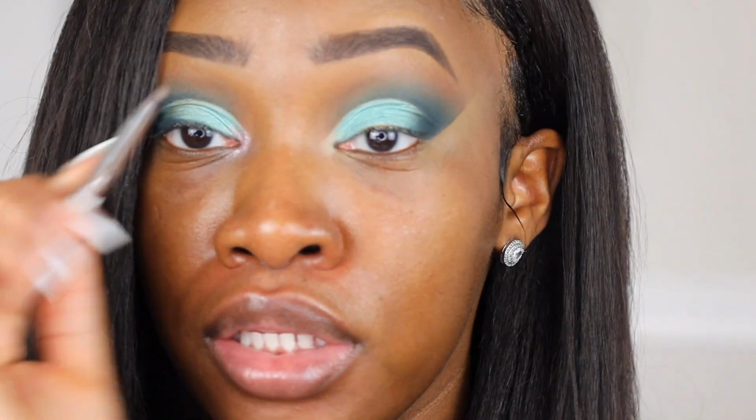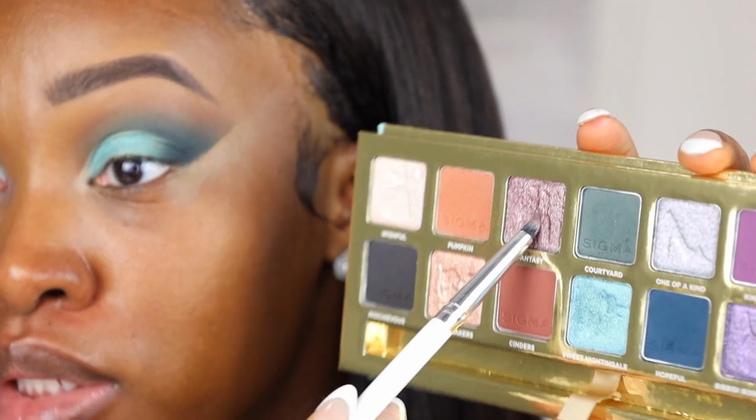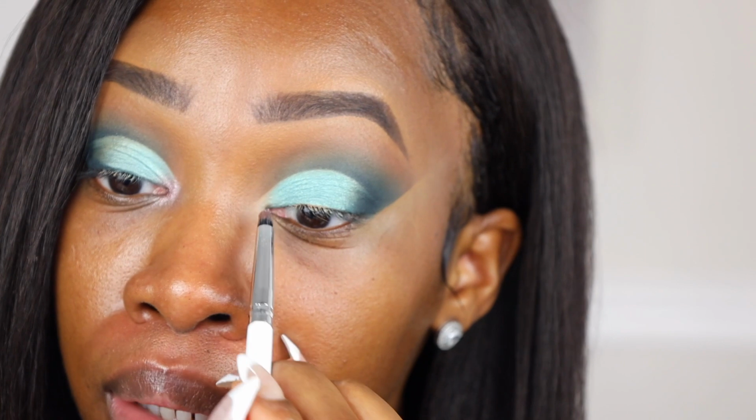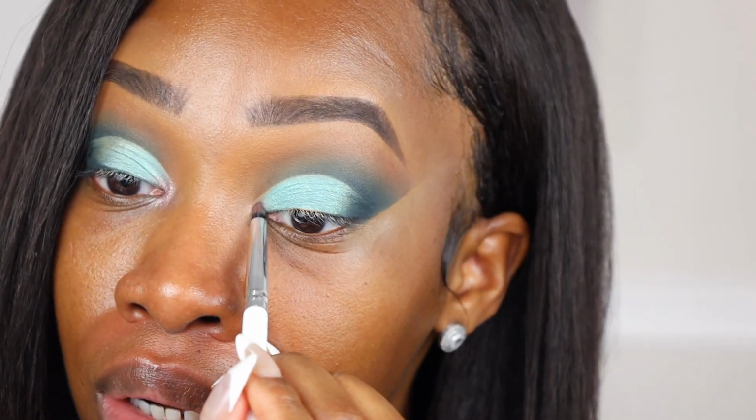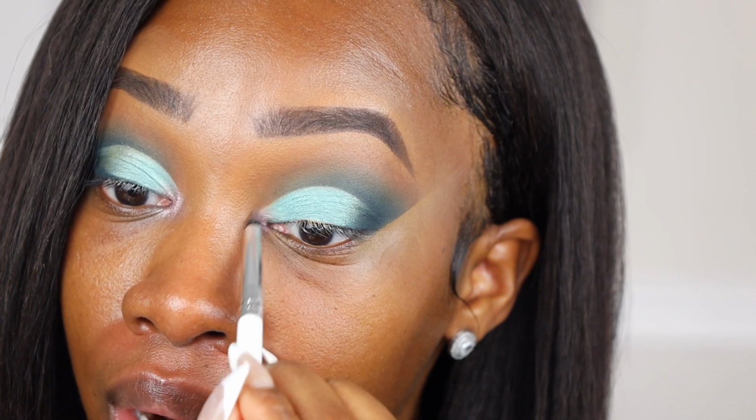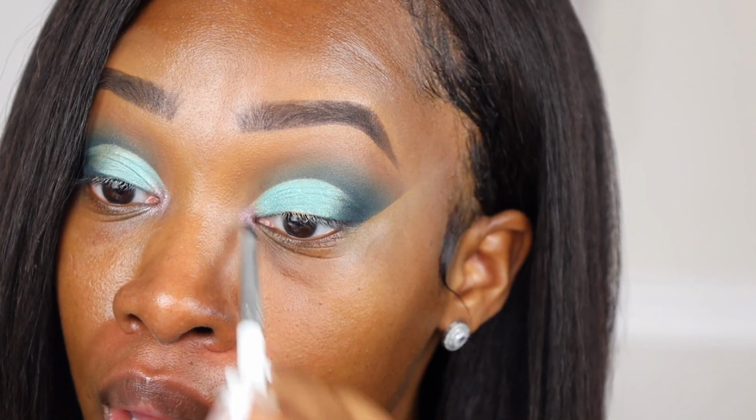And lastly, I'm taking a skinny pencil brush and I'm dipping into Fantasy, which is right here. It's kind of like an iridescent purple shade. And I'm using that for our inner tear duct. We are probably gonna have to go back into this to reapply it once we